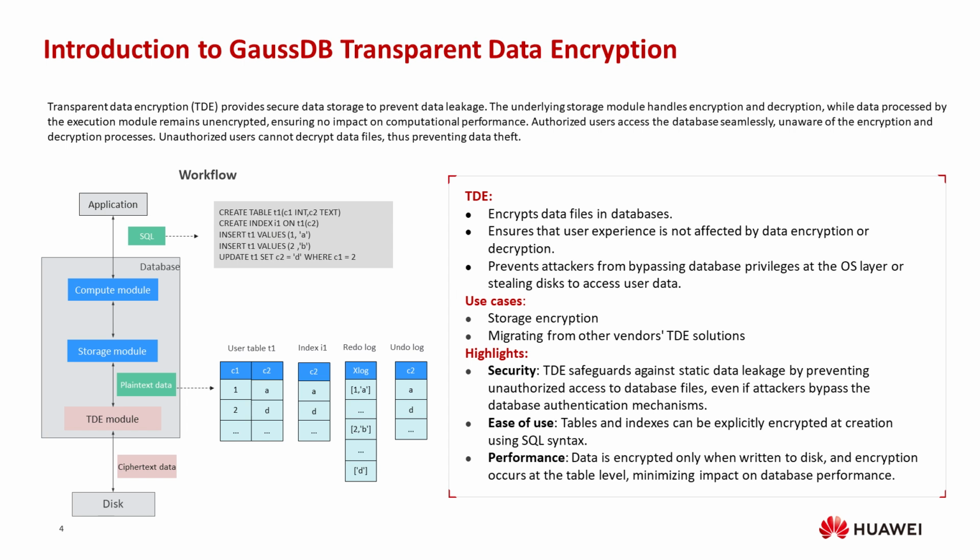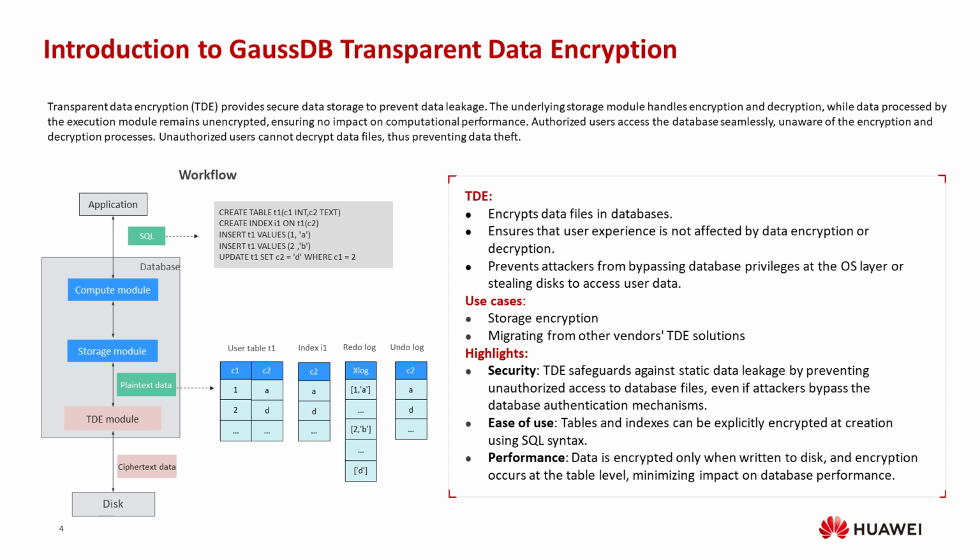Here's how it works. The encryption-decryption process happens seamlessly in the storage layer, while the execution module processes data normally. This ensures there is no impact on computational performance. For authorized users, everything works exactly as before. They access data normally with zero awareness of the encryption and decryption. But for attackers who steal database files, they only get encrypted gibberish, which is completely useless without the proper decryption